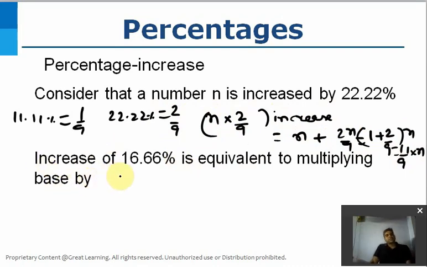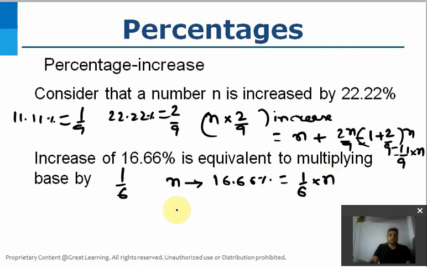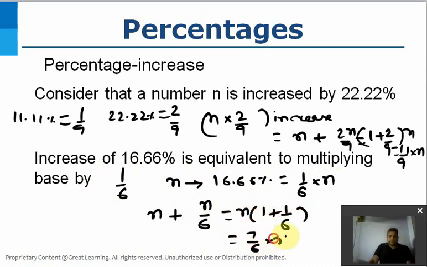Now increase of 16.66%. I know 16.66% is nothing but 1 by 6 in terms of fraction. Now my number n increases by what? 16.66%. So I just have to multiply 1 by 6 to n. This is the increase we are talking about. Increase over what? Increase over original number. So my number becomes n plus n by 6, and then if I take n common, it becomes 1 plus 1 by 6, and 7 by 6 into n is the resulting number when we increase it by